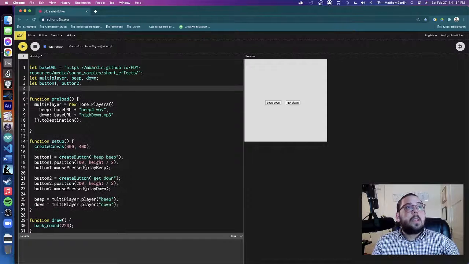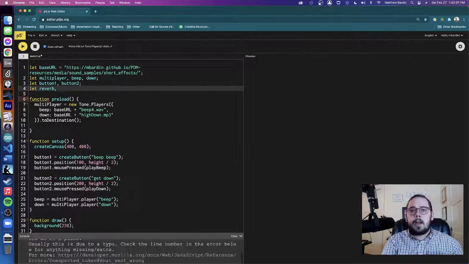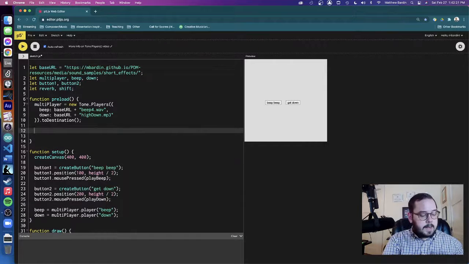So to load in effects, we have to, again, like everything, make a variable to control it. I'm going to make a reverb, and I'm also going to make a pitch shifter. Right, these are going to be just some basic ones I picked off the top of my head that Tone can do. When we're in preload, we can go in and say